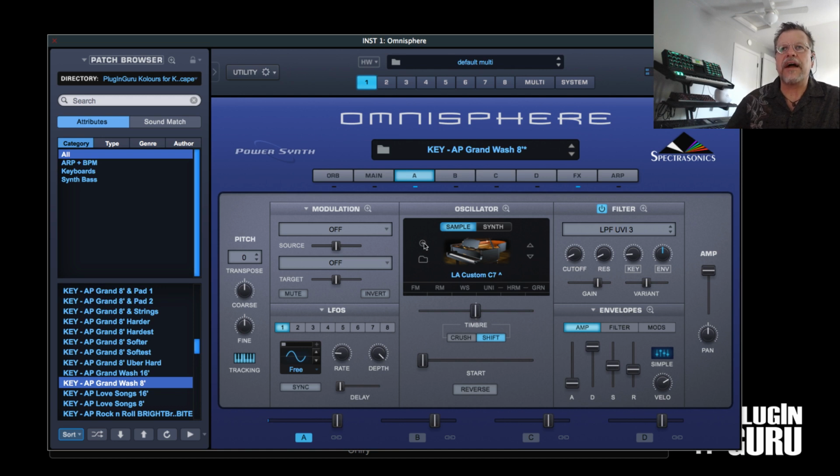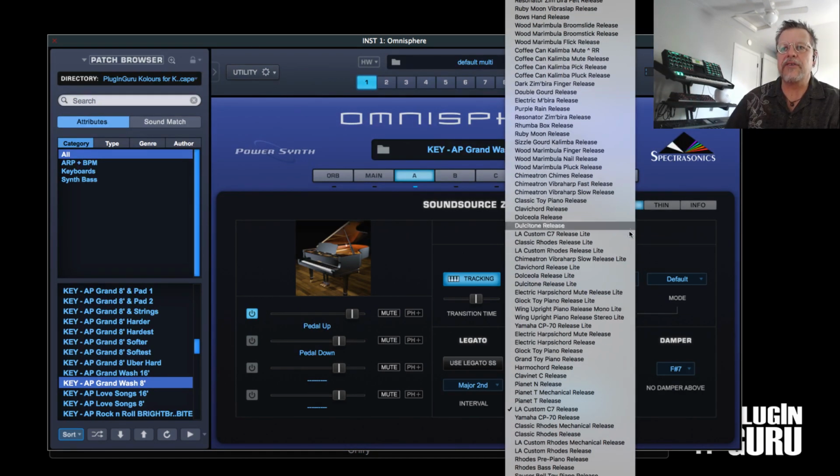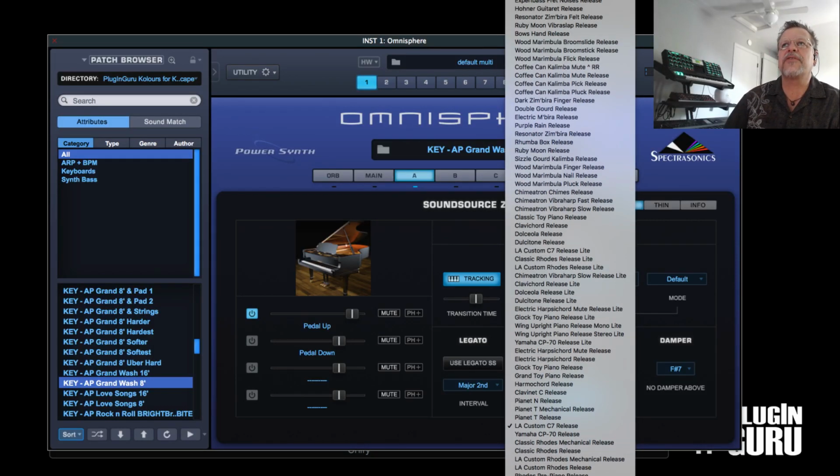So right here is a little arrow button you can push, which takes you to parameters of the sound. There's more than one set of samples playing. So what you have here is the level and the pedal noise volumes. And if you want, you can save some CPU memory by removing these samples from playing. Here are all the release sample sets inside of Omnisphere. You probably can't see all the way to the full screen because I have it kind of screen limited, but